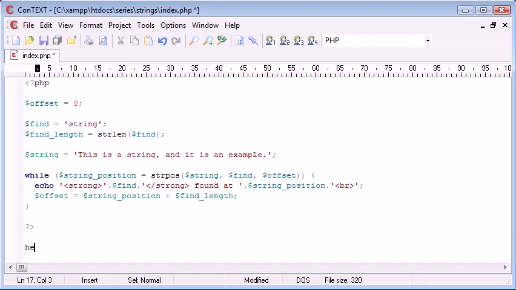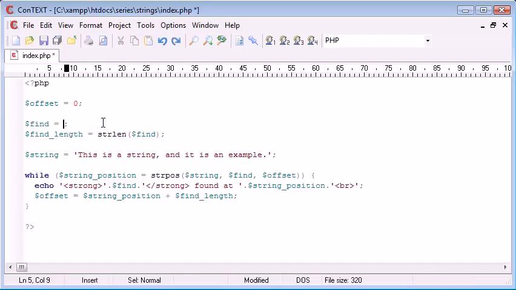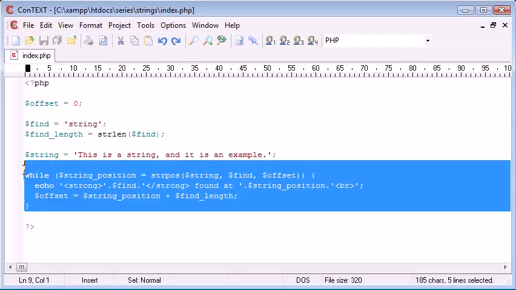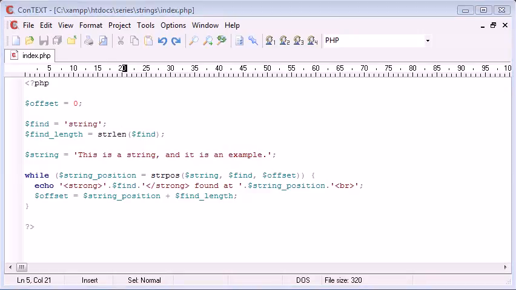Well, let's say we had a form down here and we wanted to ask the user to input a certain value. We could pass this find variable as say $_GET to find, for example. So we could allow the user to specify a string they wanted to find in another particular string, and therefore our program that we've just created here would automatically update for whatever string was entered. So that's basically how the string position function works and how useful it can actually